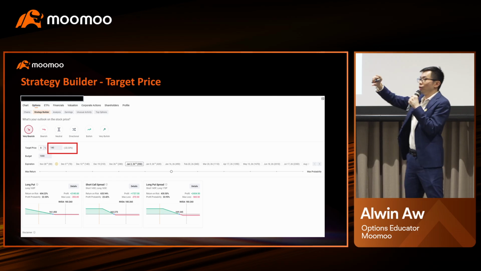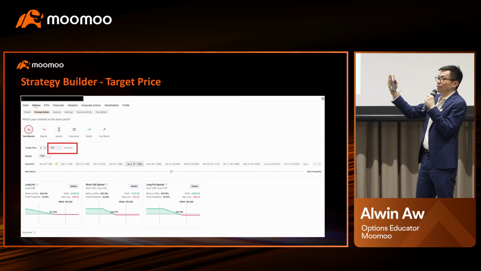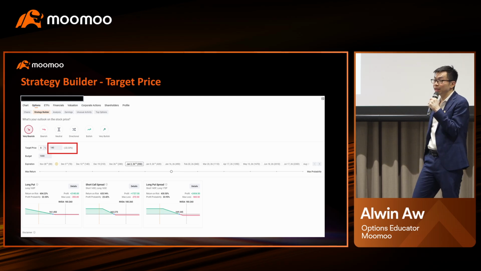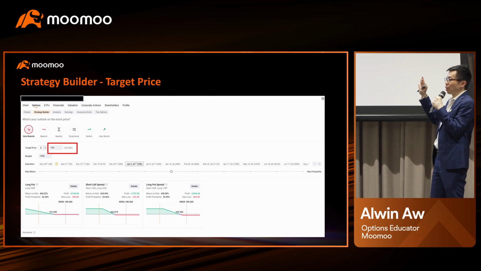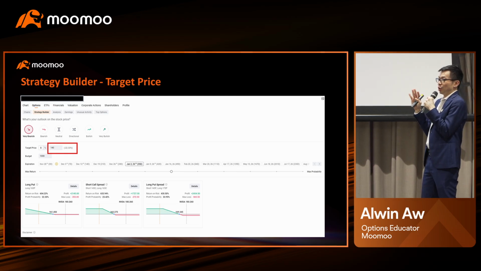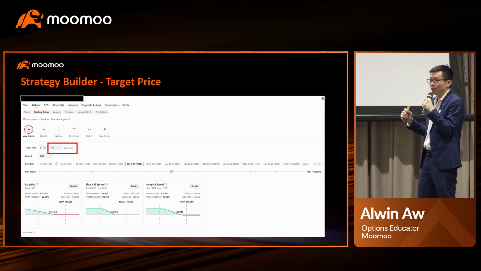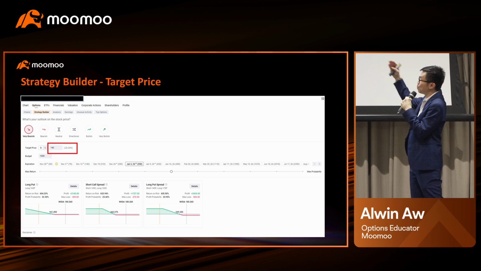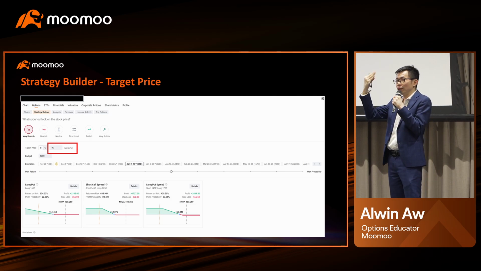So after you plot your technical analysis, that's where you can come in using the strategy builder. Why do I need to highlight the strategy builder? Because this is a trade that you can do independently, just trading the option without holding the stock. So you can say, I'm very bearish or bearish. So when you click on this tool, the first thing, we go back to the previous one.